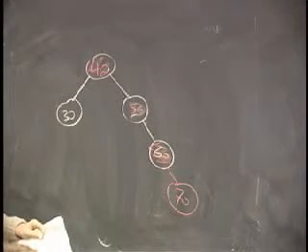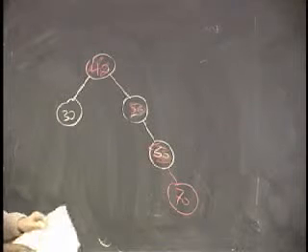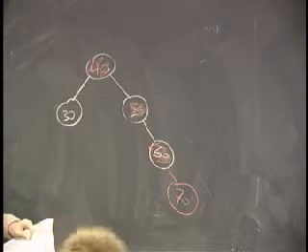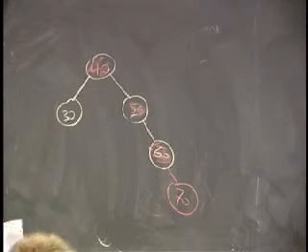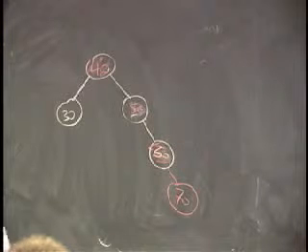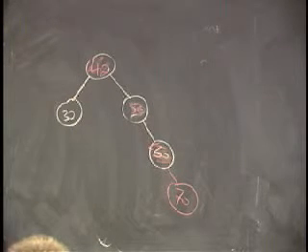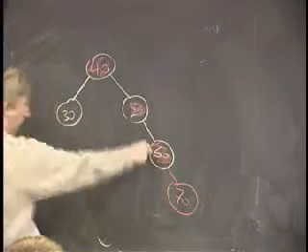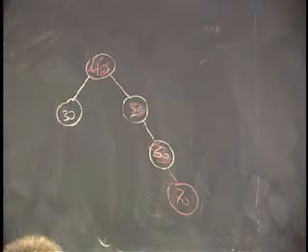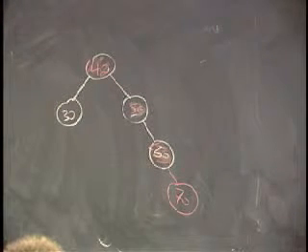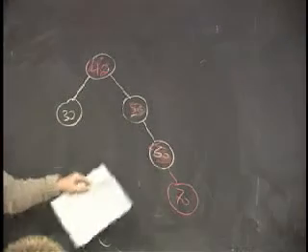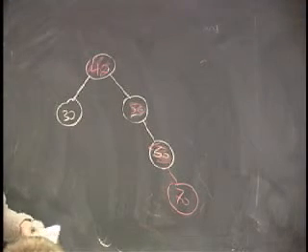But the path from 40 on down doesn't have an equal number of black seeds, right? No? Well, you got red. No, it does have the same number of blacks. We haven't changed the black path, have we? 40, 50. This is red. Right, so you got red, red. We have a red, red, that problem, but we don't have a black distance problem. It's still 1, 2, 1, 2, 1, 2, any way down from any of these, from the root node. We haven't added any black nodes anywhere, so we haven't changed the distance anyplace. So that's okay. So this idea is actually okay, and what we've done is we've shifted our problem up 2